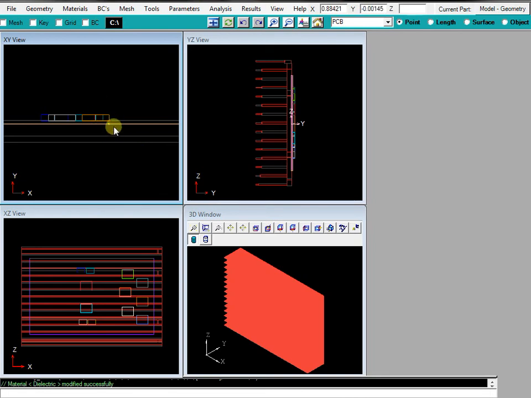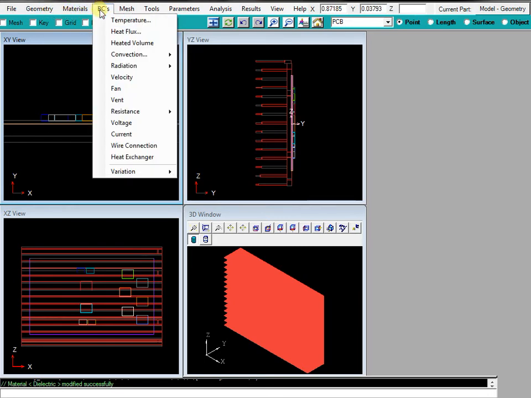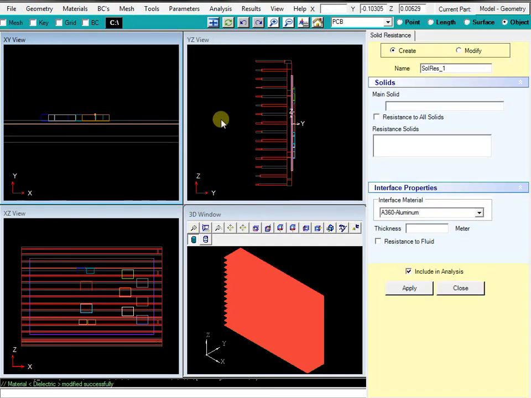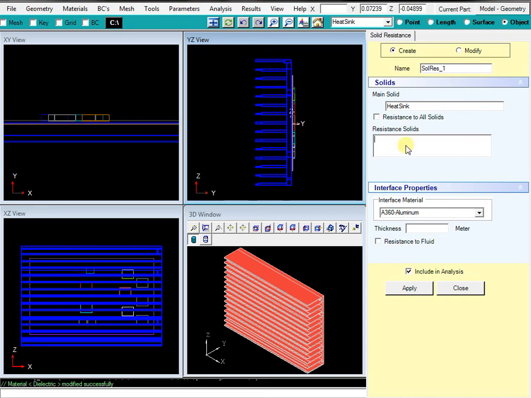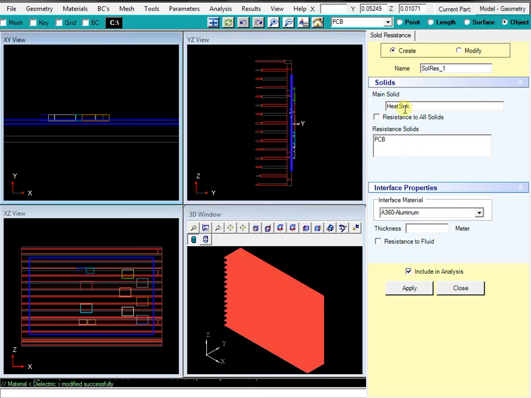For that heatsink, the heatsink's connected to the board. I assume there's going to be some kind of grease layer there. So to do that, we'll create a boundary condition of resistance and use a solid resistance. The solid resistance is between the board and the heatsink. So if I select the heatsink and then select the board, now this